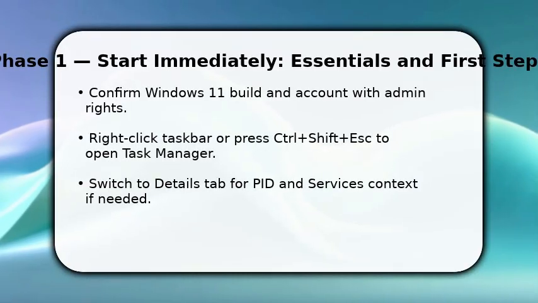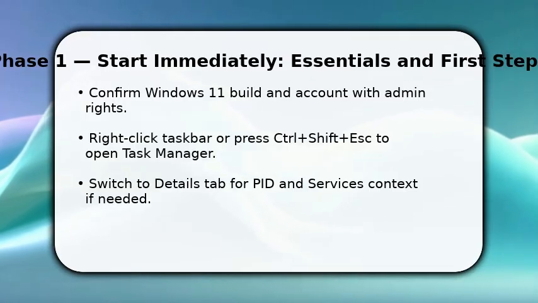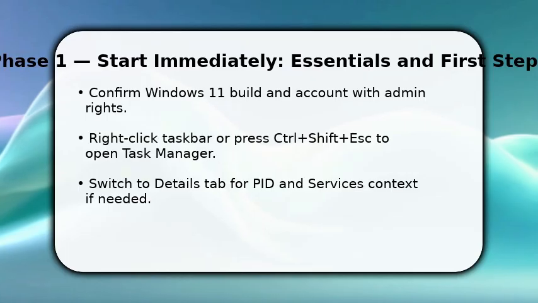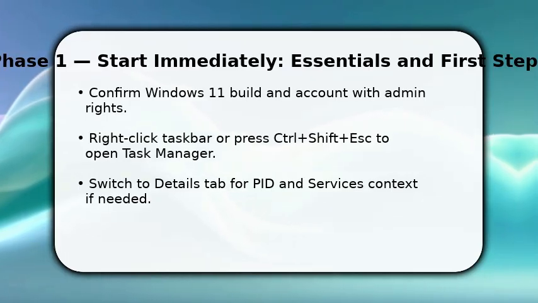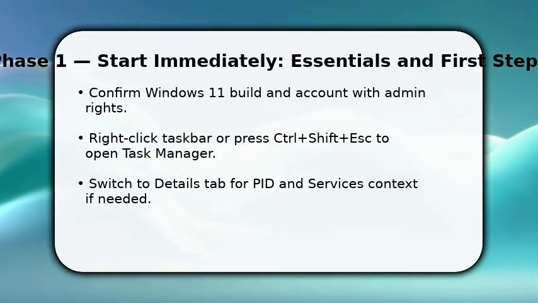You start by confirming you have admin rights and the correct Windows 11 build. This matters because some fixes need elevated permissions. Once done, open Task Manager using Ctrl+Shift+S or a taskbar right-click and immediately switch to the Processes view so you